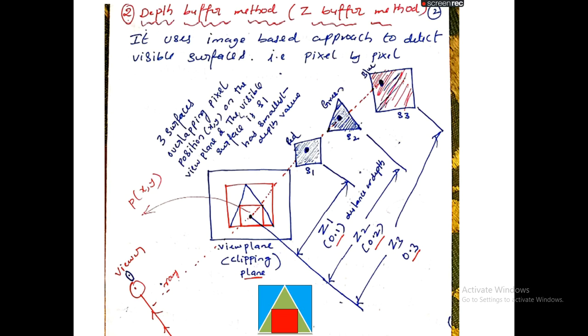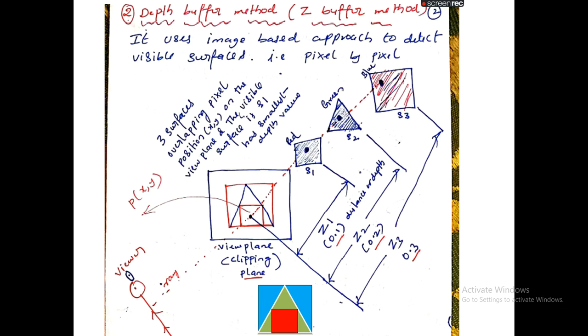Whenever you determine the back face of the object, you need to remove it and display only the front face of the object on the screen of the monitor. So let us see how the depth buffer algorithm works, what components we are using, and how we are processing every pixel of each surface.